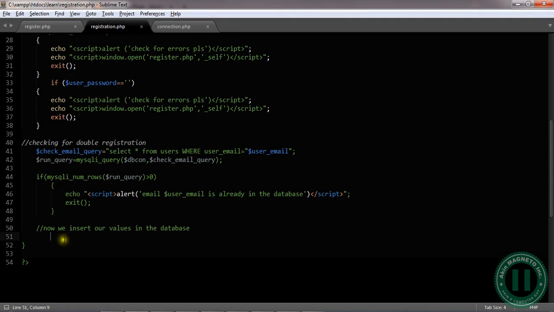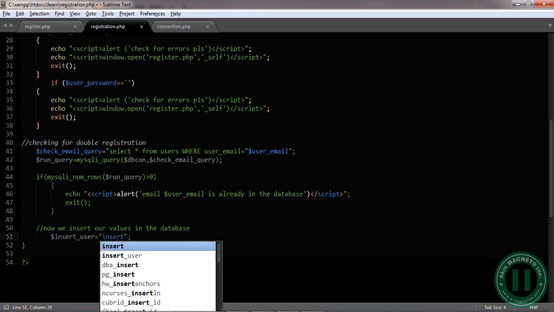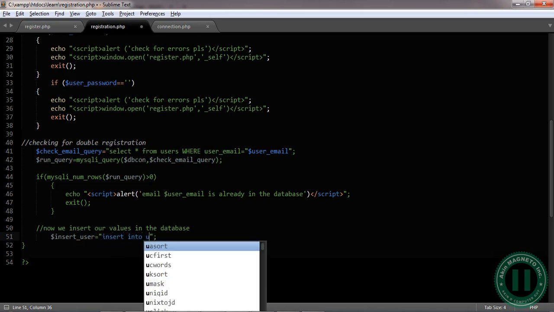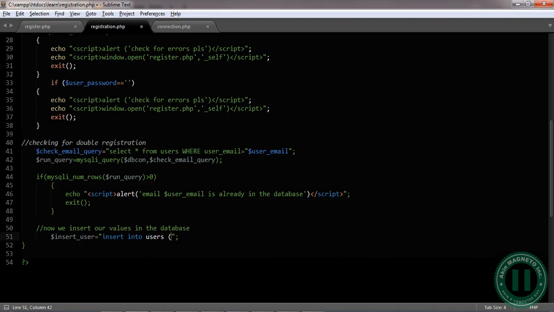Now what we need to do right now is this insert underscore user equals. Now this, I'm going to write some SQL commands here, so I want you to follow me as I'm doing insert into users. What is the users? That means the table we already created. Users, this, okay,